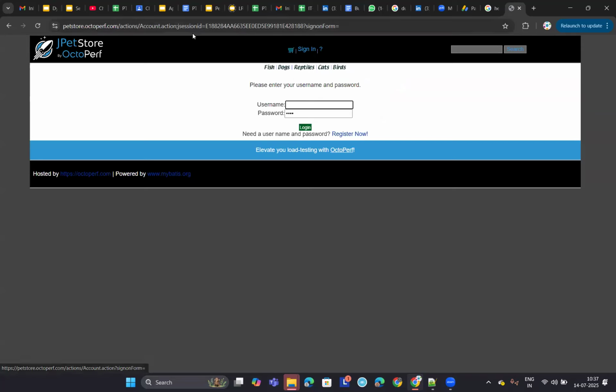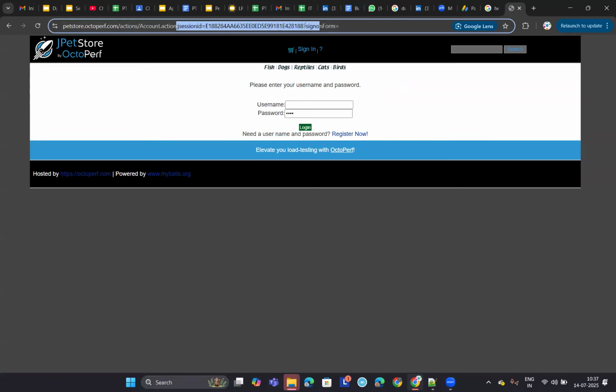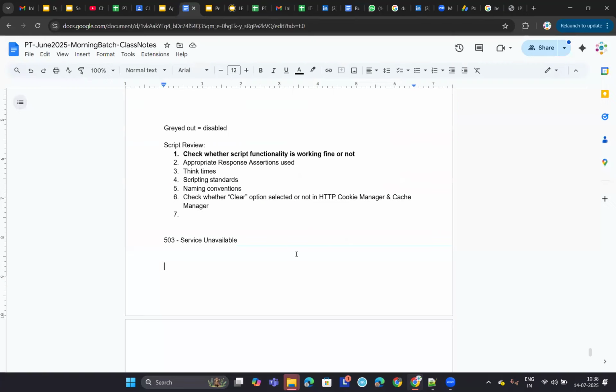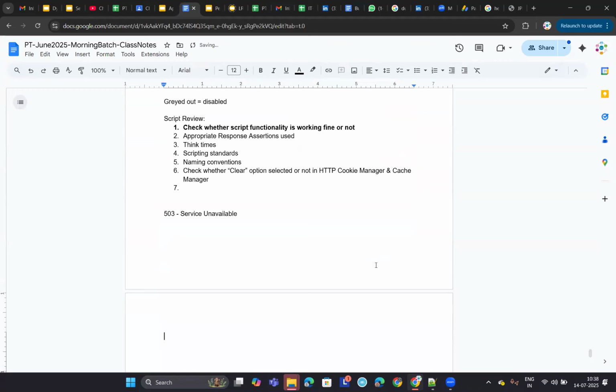Okay. Once you click on sign in, observe here, there is some J session ID which is going in the URL, right? Yes. This session ID, what is session ID, by the way? It will identify each user uniquely. Right. So session ID is like an identifier. So okay, let me write it down. When thousands or lakhs of users are accessing any application,